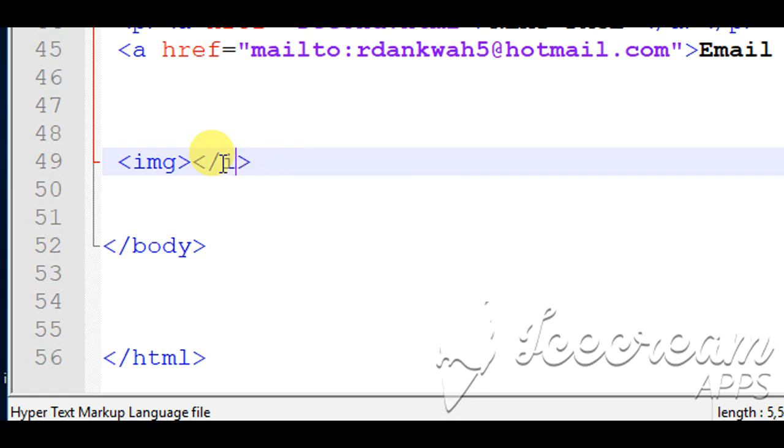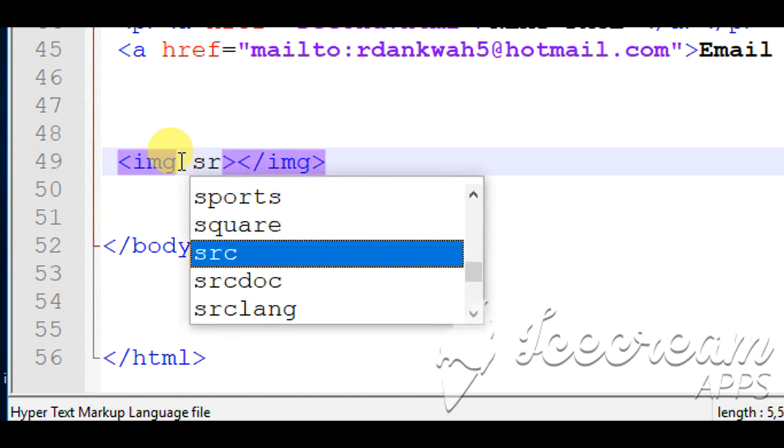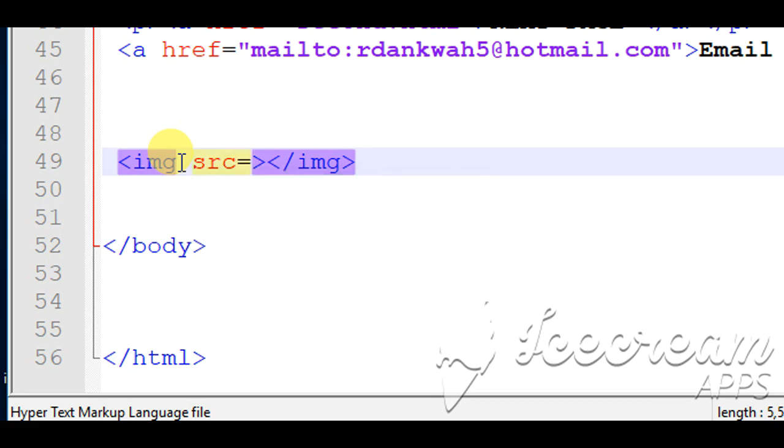Now you come back to the first opening tag, and you forget about the ending tag. When you come to the first opening tag, you click on the space bar and put in src. It's an attribute. This attribute simply represents source, but we make it very short and make it src equals to,